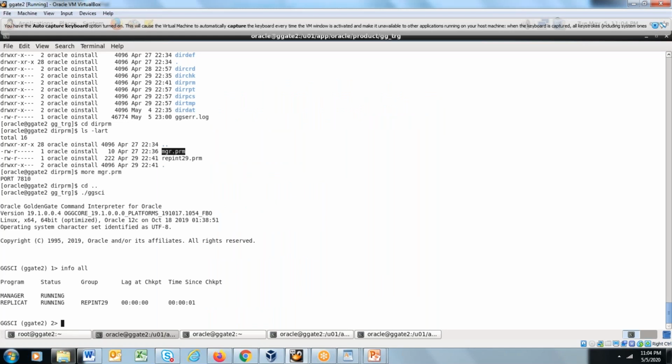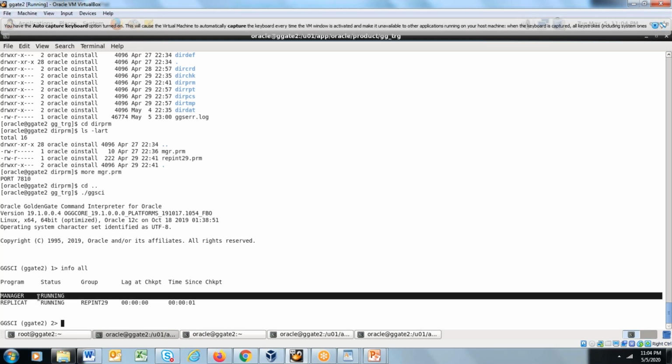Why do we have to do that? Because only as soon as you restart the process do the changes become effective. However, this applies only to the extract, data pump or replicat process. For the manager process, say I want to make a change in the manager parameter file, do I need to restart the manager as well? Only the manager is an exception.